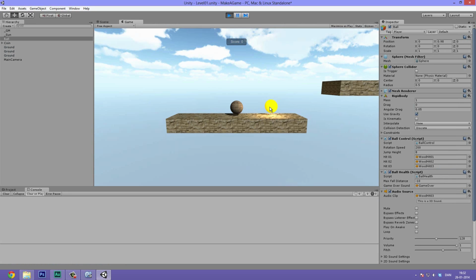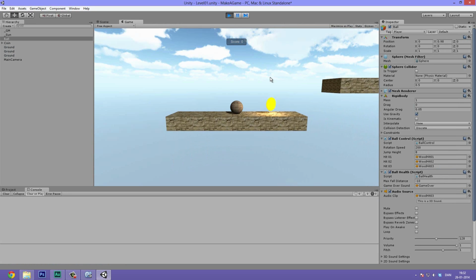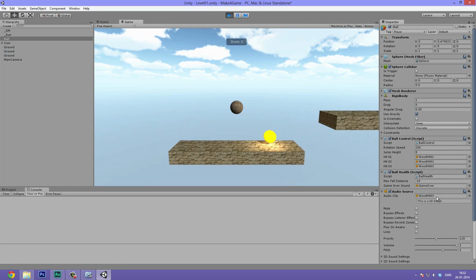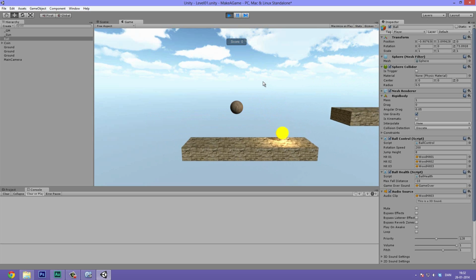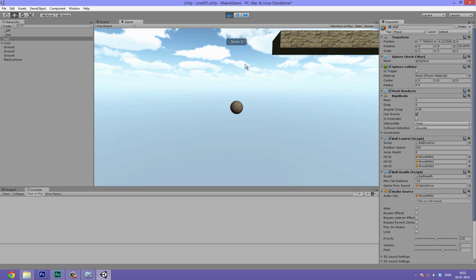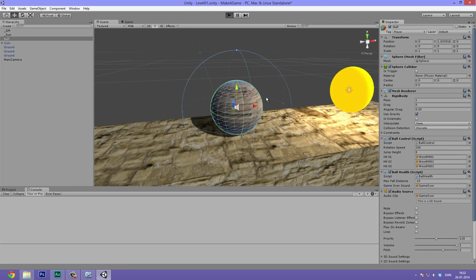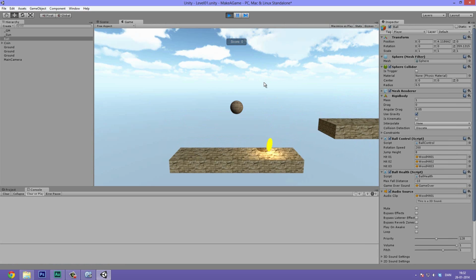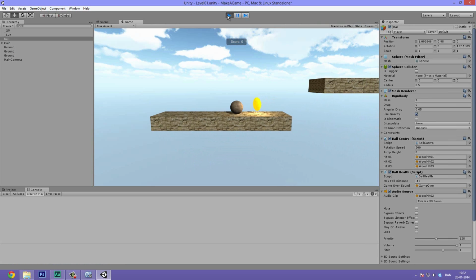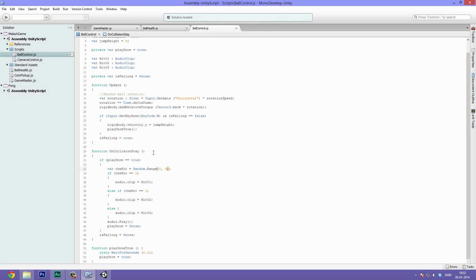Awesome. And let's jump. Hit 3. Hit 3. Hit 3. We are getting a lot of hit 3s here. There's a hit 1. And hit 3. And if it can get hit 3 and hit 1, it should also be able to get a hit 2. So yeah, that was the hit 2. So it's completely random which of these it chooses. Cool. So now that we have that in place, we can simply go ahead and